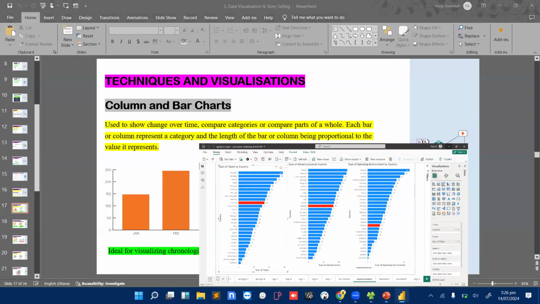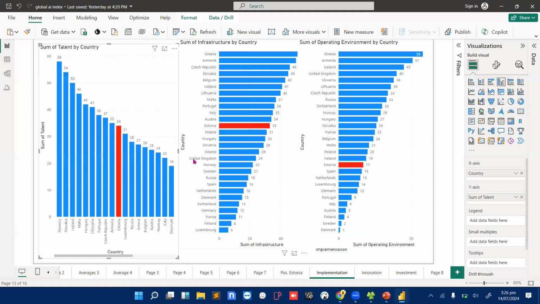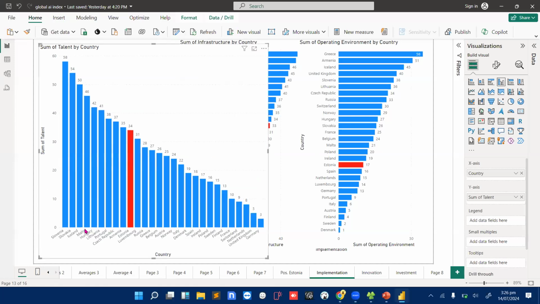So this is what I mean. You see this one. If I decide to change this visual to, let's say, this, do you see what's happening? I think this time around, look at the way it's slanting. It makes it difficult. Let's say this one, Italy. Is it this one or this one? It becomes very difficult to tell if Italy is this or that.